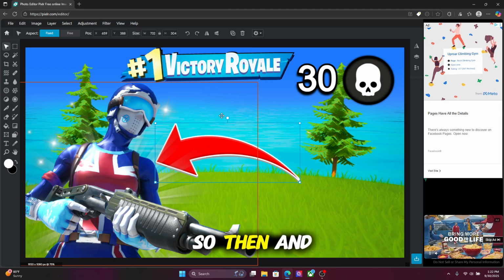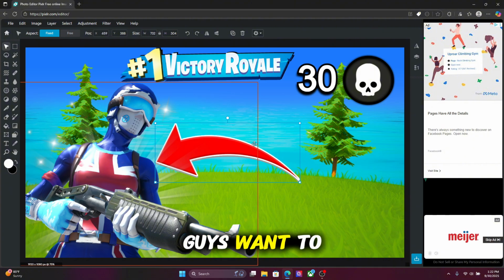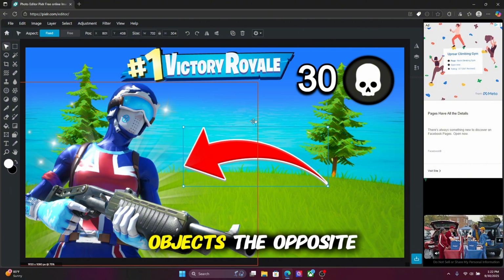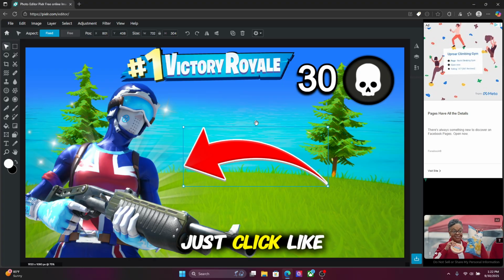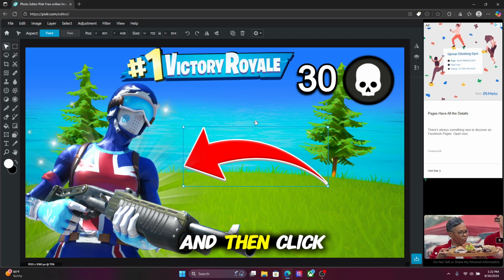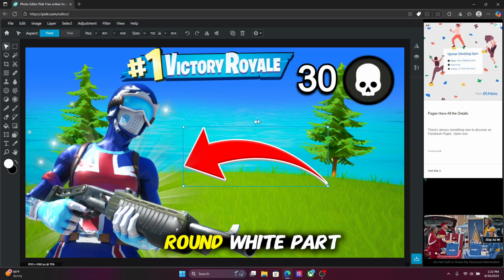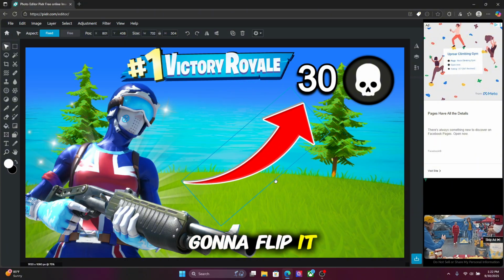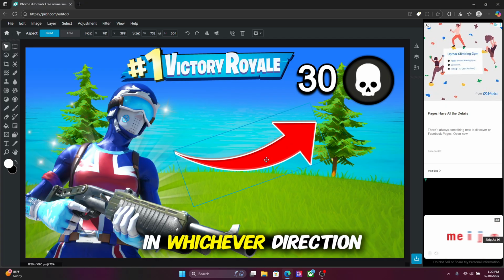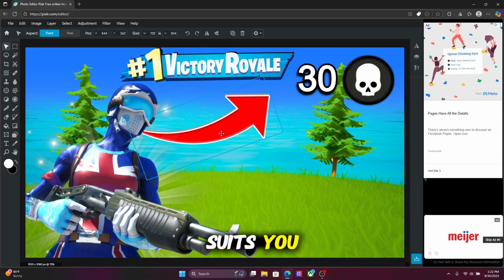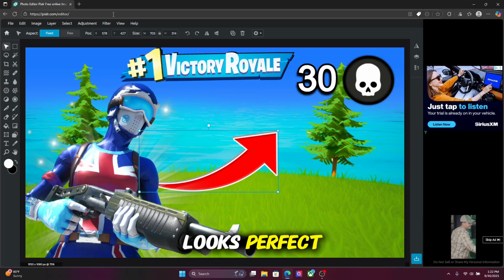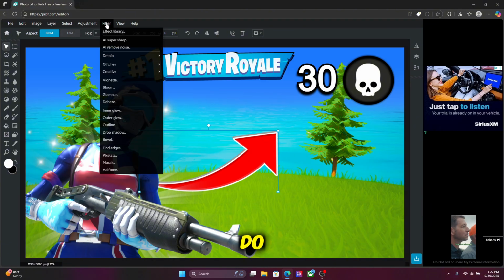If you want to move objects in the opposite direction, hold and click on this round white part, and then you can flip it in whichever direction suits you. Okay, so that looks perfect. And then all we need to do in order to make it look better